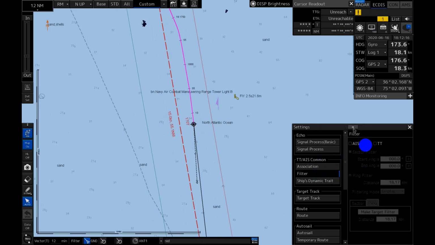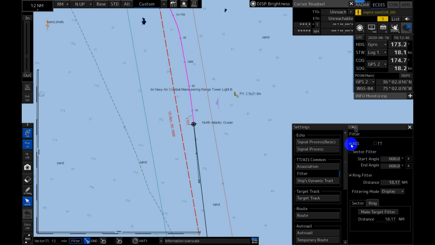Filtering is required to avoid clutter of many targets, and as we saw in the previous video, the limit for JRC ECDIS is 500 targets for AIS. So if we have more than 500, you will constantly have an alarm, and some targets may not be displayed. So I switch it on, and here you will see